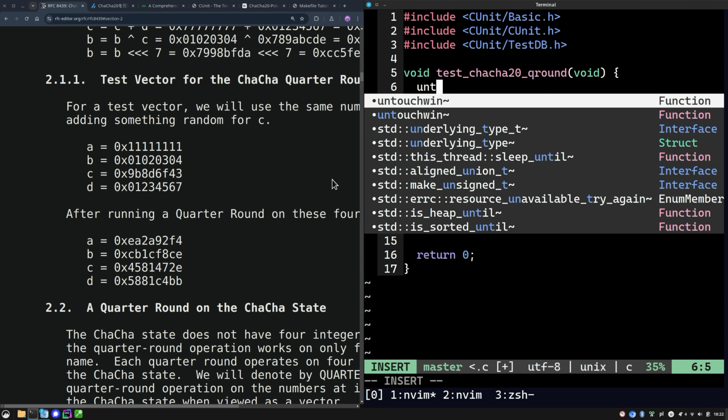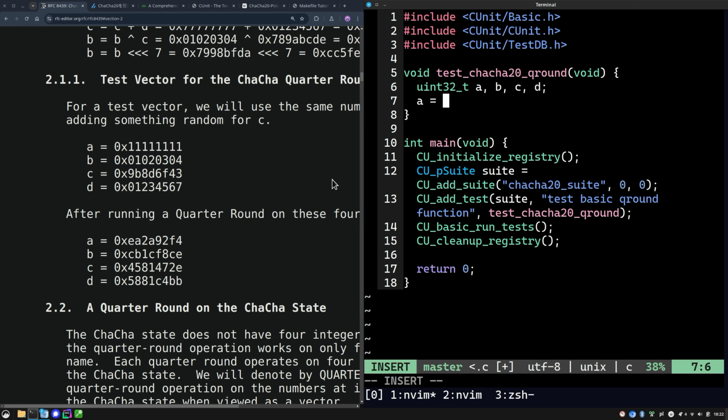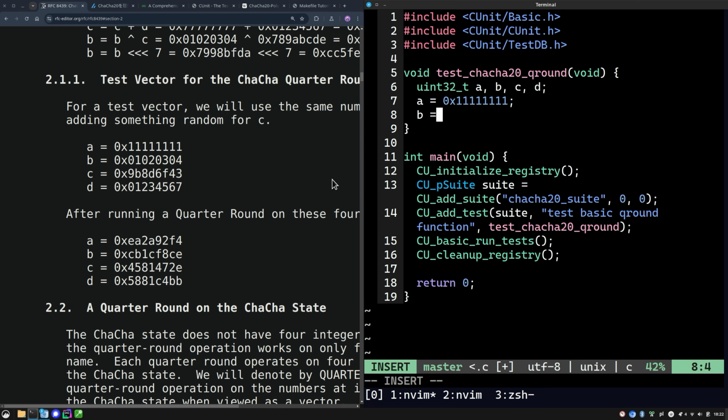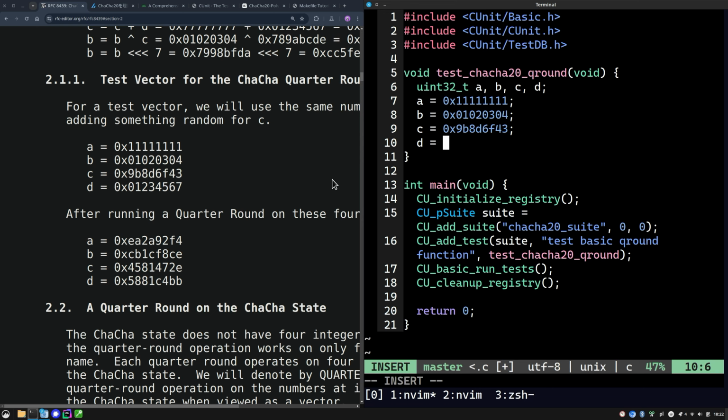So uint32_t a, b, c, d. a equals 0x11111111, b equals 0x01020304, c equals 0x9b8d6f43, d equals 0x01234567,